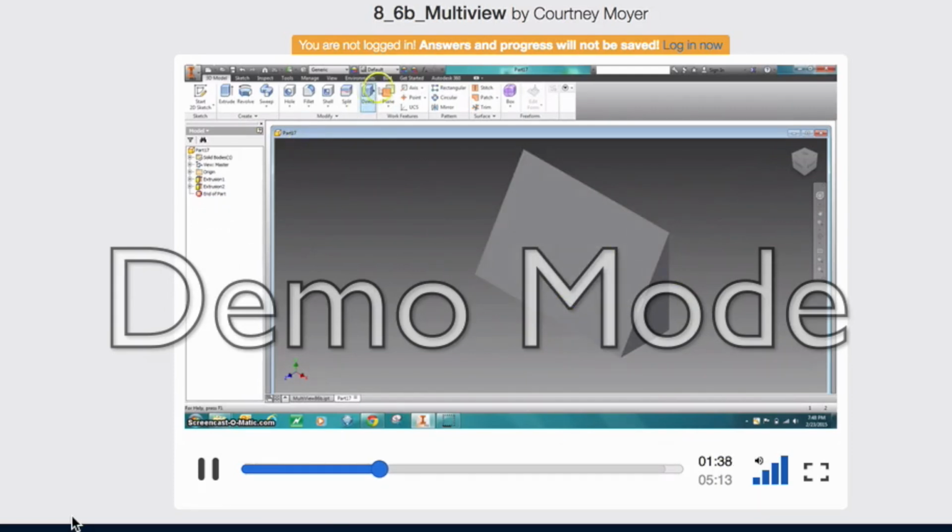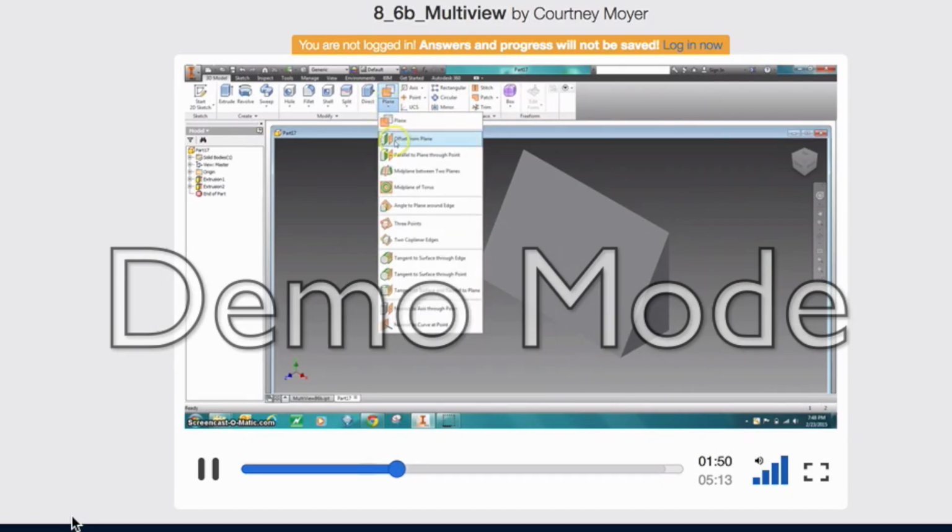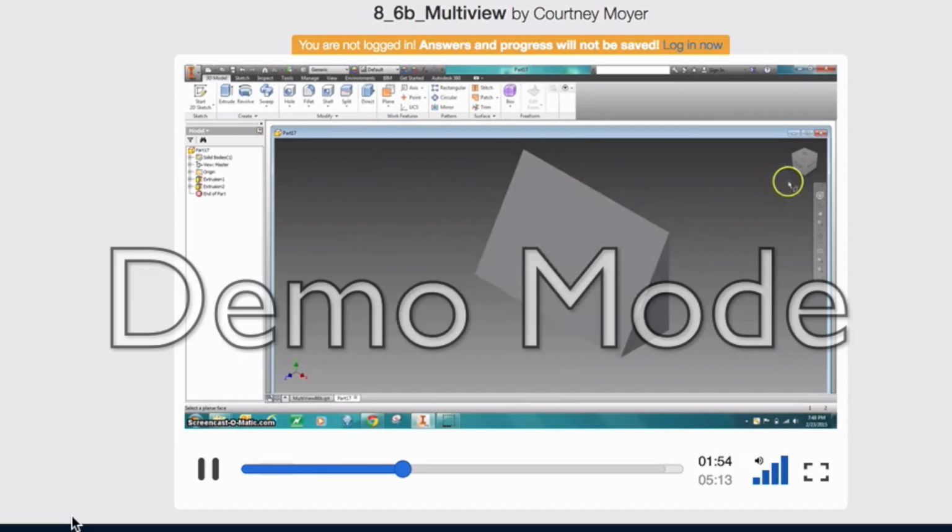So what I have to do is implement the plane feature. And what I want to do is implement a plane from an existing plane that's parallel from what I already have. So I'm going to offset plane, but I need to offset it from the back. So I'm going to select the back,